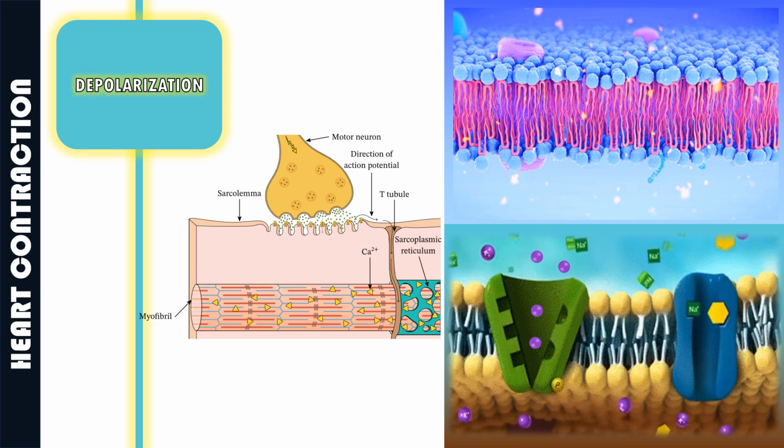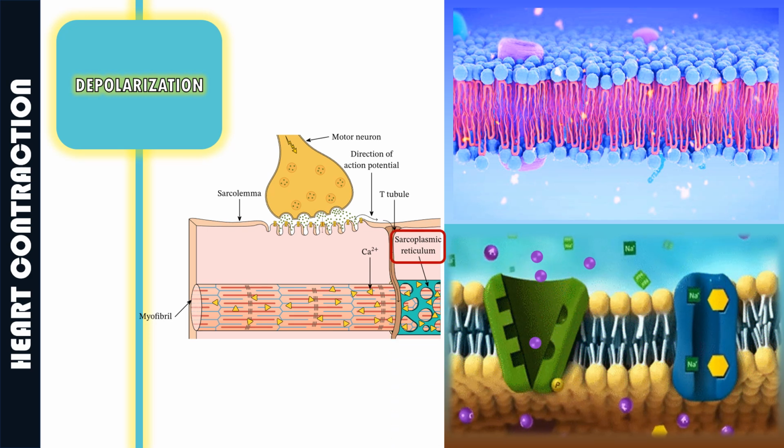It is a critical step in the heart's excitation-contraction cycle and occurs when the electrical impulse from the SA node reaches the ventricular muscle cells, causing a rapid change in the cell membrane potential. This change allows positively charged sodium ions to rush into the cell, while positively charged potassium ions leave the cell. As a result, the cell's electrical charge shifts from negative to positive, triggering the release of calcium ions from the